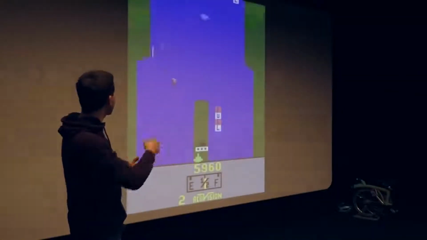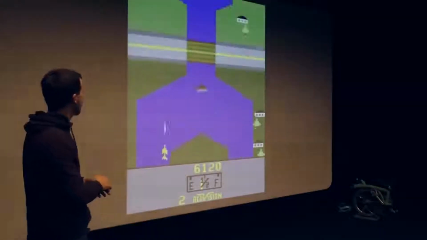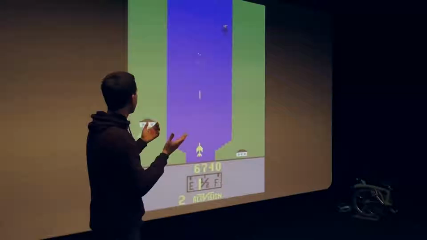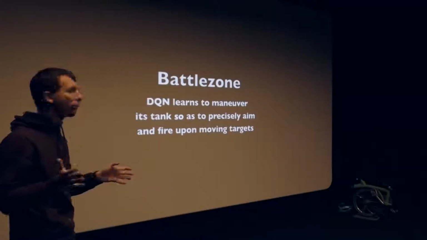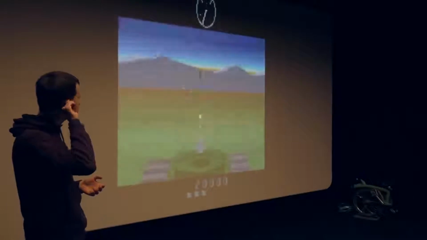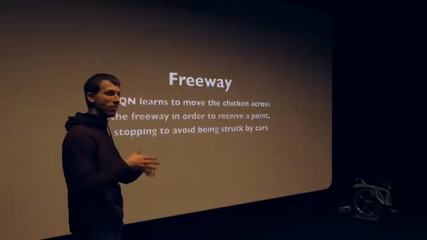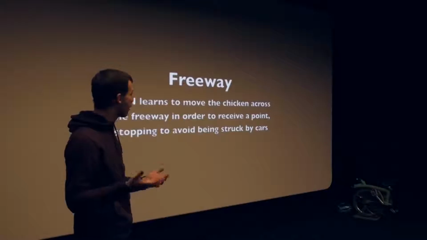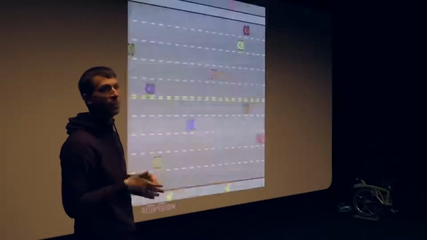And you can see the games are very different. This is a side-scrolling game where you have to blow up all of these things and accumulate score by shooting stuff and moving along. Some of them are pseudo 3D, like Battlezone. We don't claim these are good games, by the way, just that we built a reinforcement learning agent able to play them all, and it learns to do better than humans in more than half of the games